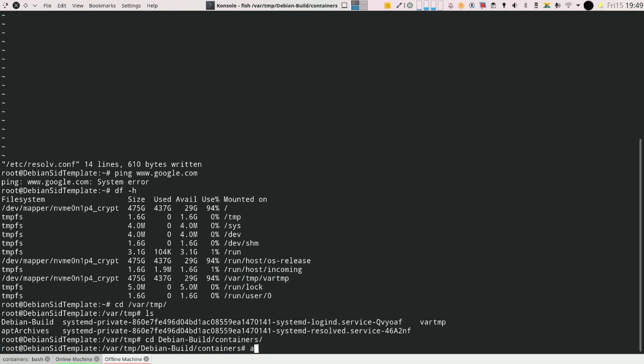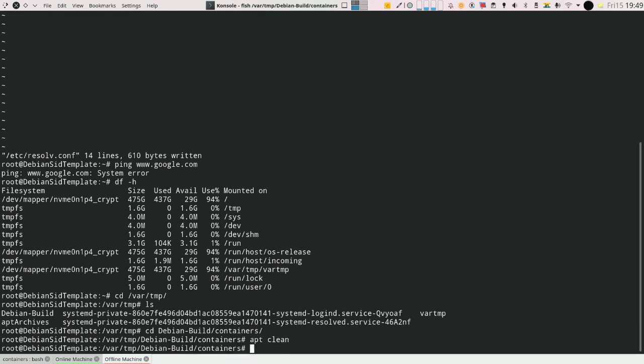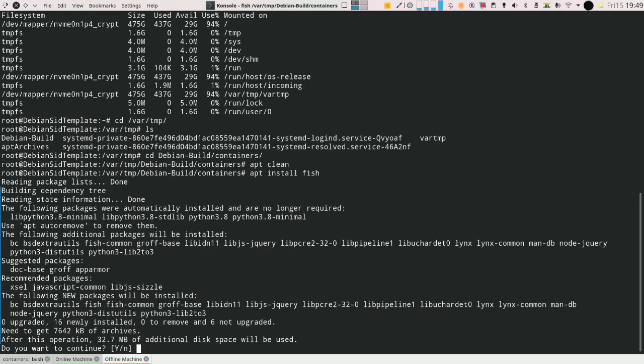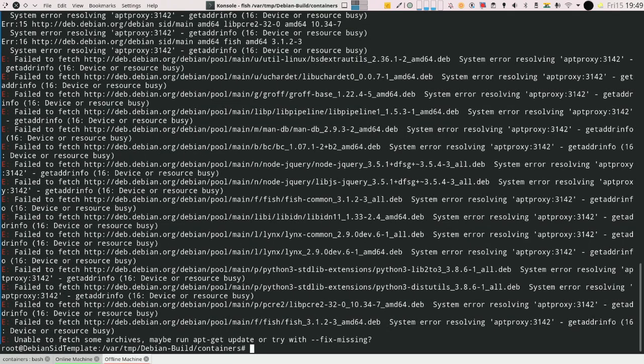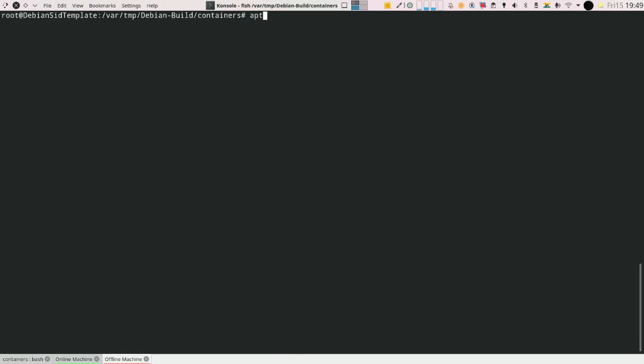So first I'll make it clean so I don't have any package in my cache, and if I say apt install fish, this is going to request 7,642 kilobytes of data to be downloaded. These are the packages that need to be downloaded, but I do not have a network connection on this machine, so everything fails. So in this case, we will now use apt offline